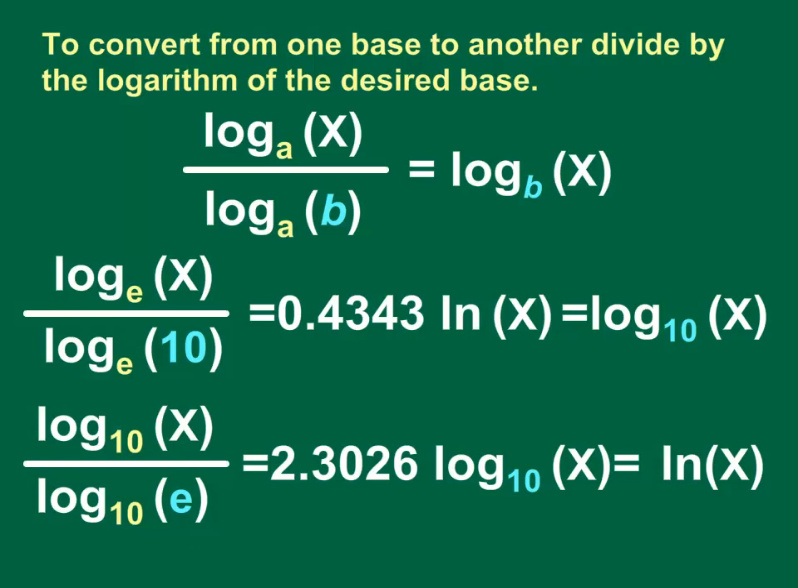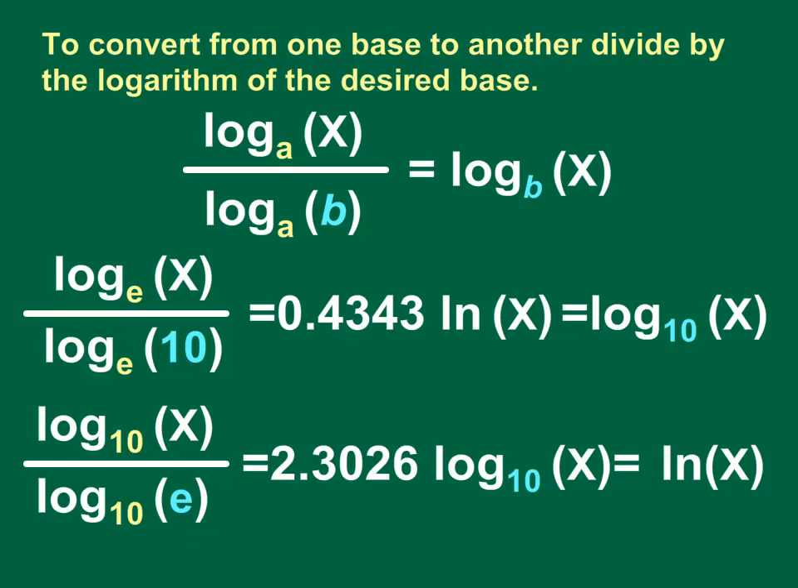Most computer languages support the natural logarithm and expect the programmer to develop the logs of other bases. To convert from one base to another, divide the logarithm of the number by the logarithm of the desired base. The first equation shows that if we want the logarithm base b of a variable x and have the logarithm base a of x,